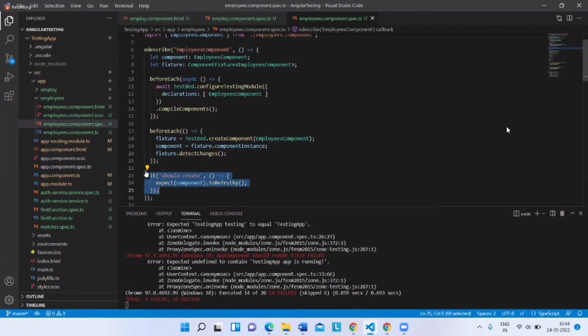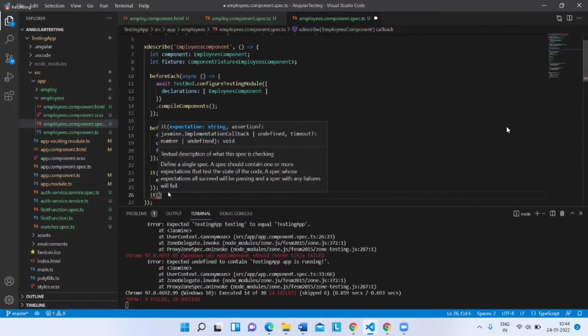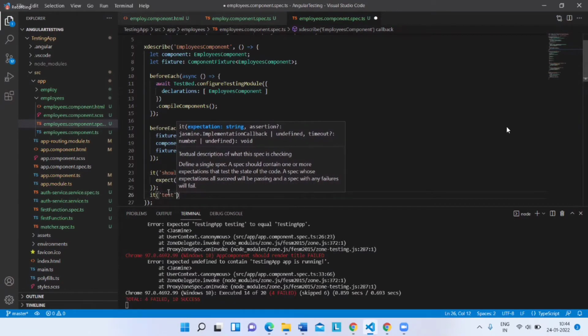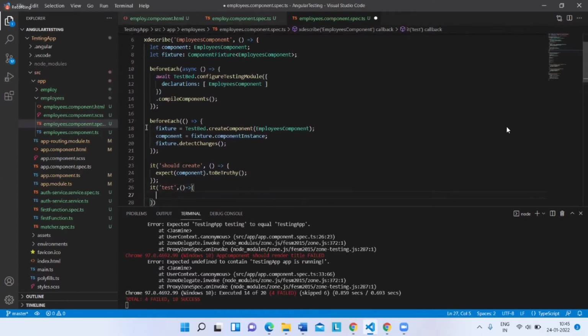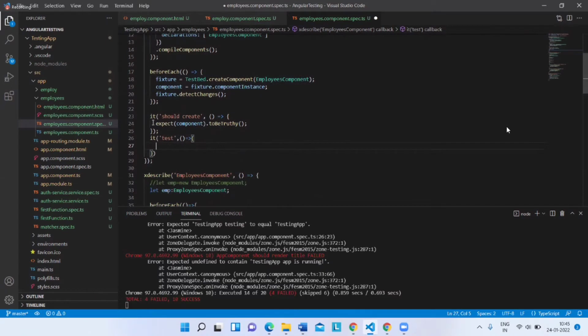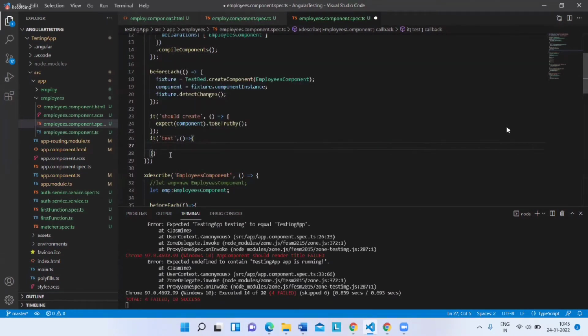Like this, if you are going to write a number of test cases. So now I'll just have one more test case here. I'll just write like this, it, and I'll specify here as test, then comma. So I'm just writing like this. Okay, so if I write like this, this is one more test case. So like this, a set of test cases which are combined together form a test suite.